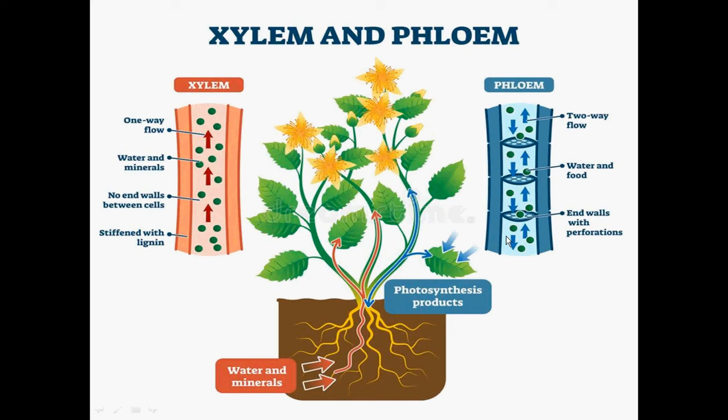So these are known as tube-like structures through which the food, minerals and nutrients are being conducted from the leaf parts to the different parts of the plant. Okay, and there are certain other cells also, like phloem parenchyma and companion cells, which are supporting the sieve tubes to conduct this food to different parts of the plant.